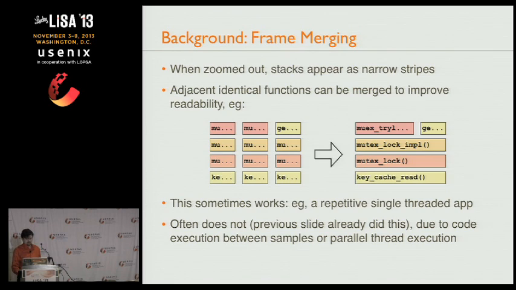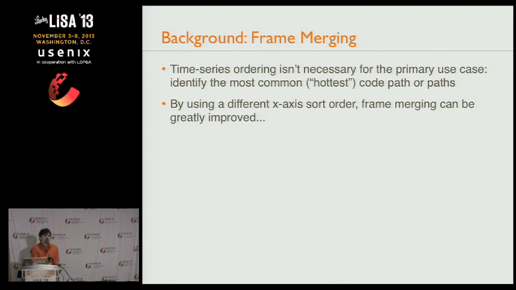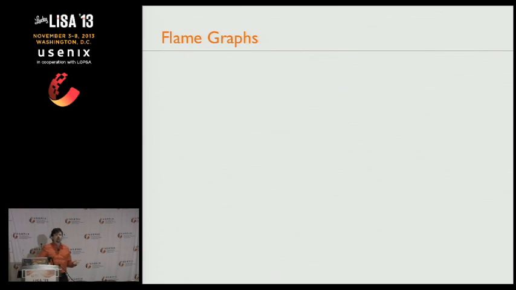But merging is actually a good technique. The problem is we're just not merging enough. The essence of flame graphs is when I realized I don't need this to be ordered as a time series. I can use a different x-axis ordering to increase merging. Time series is great. It helps solve a class of problems, and you need it so that you can see how things change over time. But the particular customer issue I was first working on, I just needed to know what that big gray square was doing. I didn't need to know how it was changing within the 60 seconds of sampling. I just needed to know the big picture. So with flame graphs, I threw out time series.